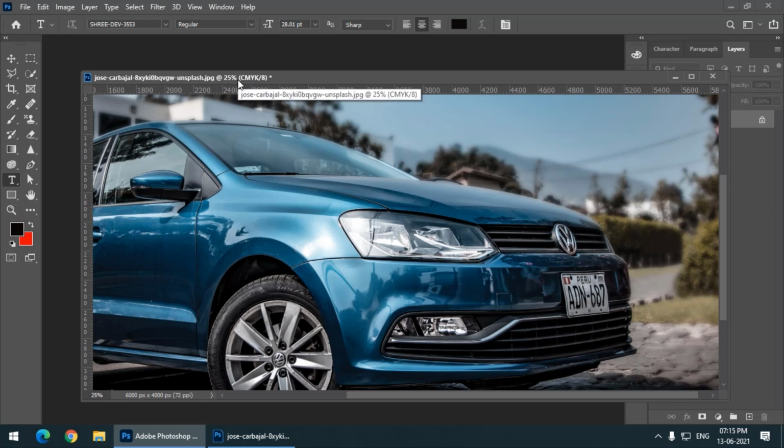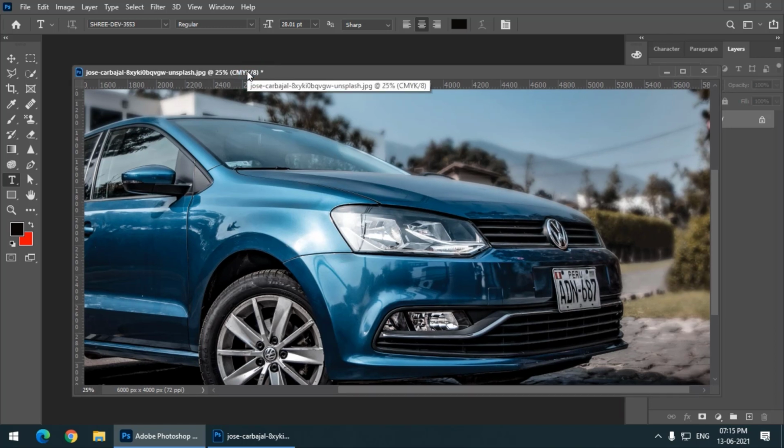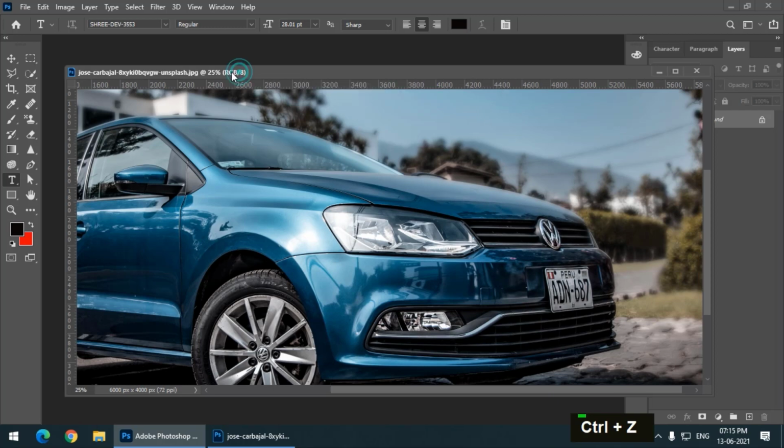This is presently a CMYK mode, as we can see here. Remember, CMYK is mostly for printing and RGB is mostly for digital medium like social media. If you are creating posts for Facebook, Instagram, Twitter, then you can choose RGB. Otherwise, if you are printing it, then choose CMYK. And I'm saying mostly because in some rare cases you have to coordinate well with the printer about which mode they want. So I'll change it back again to RGB. You can see it has changed to RGB.